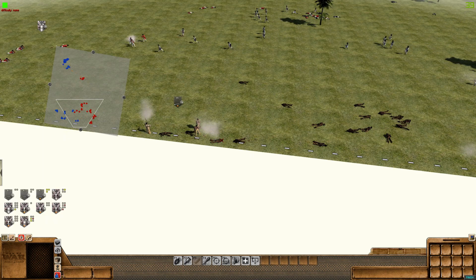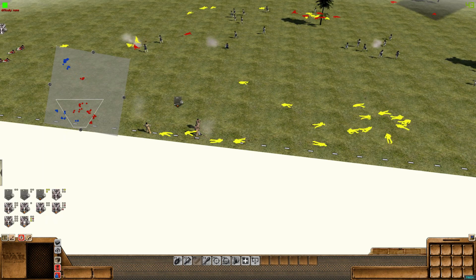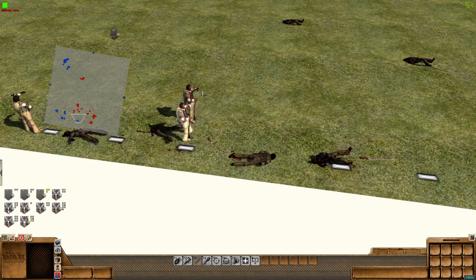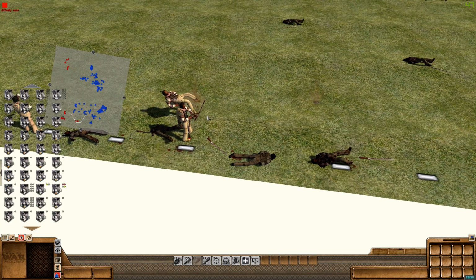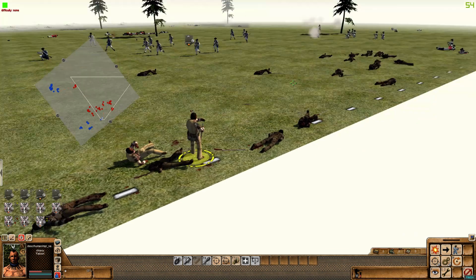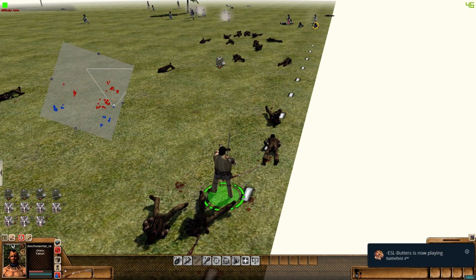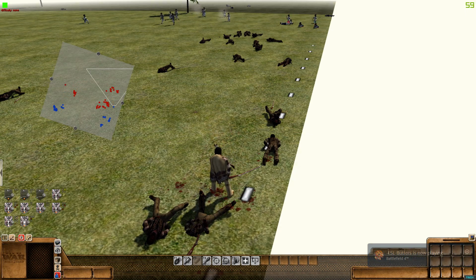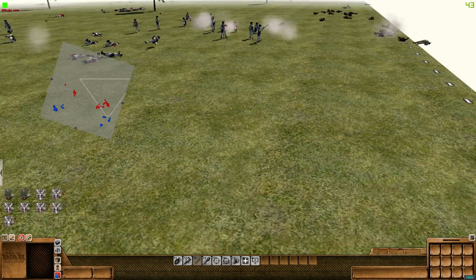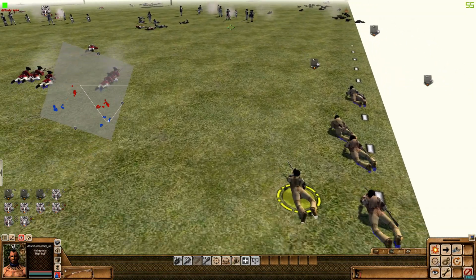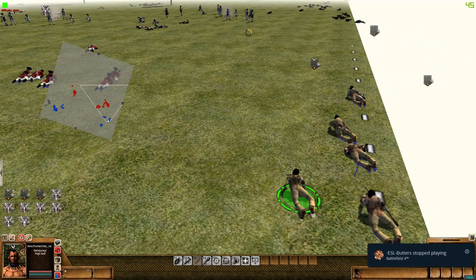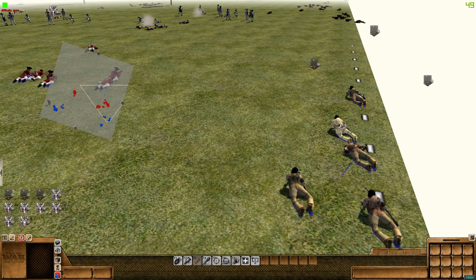And did he just die? He did just die. Let's go and take control. Take direct control of this guy. He's still reloading. I like to do this every once in a while. Oh, and he's dead. Crap. And has he shot? He's reloading still. I need a guy who